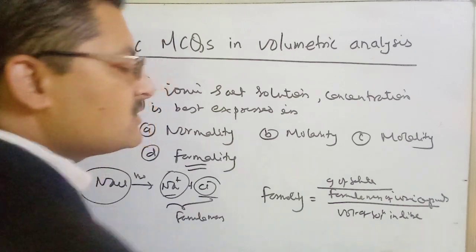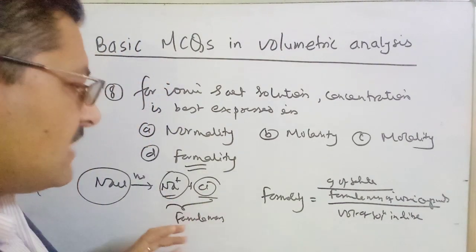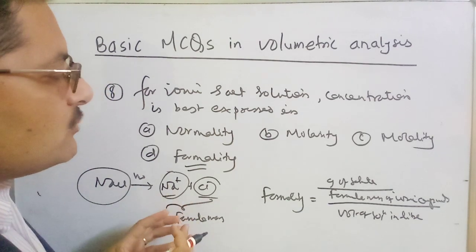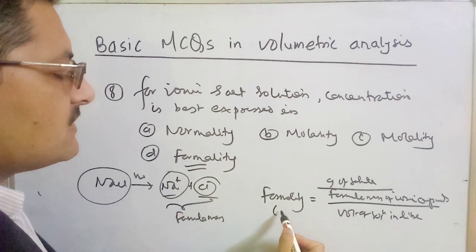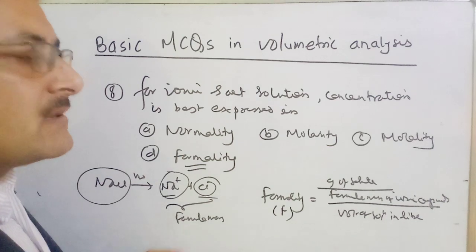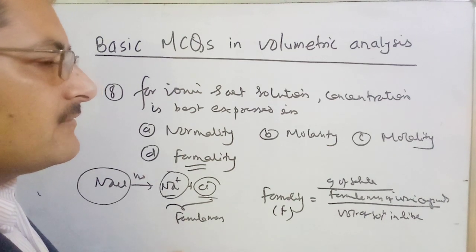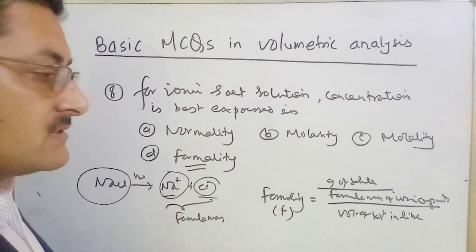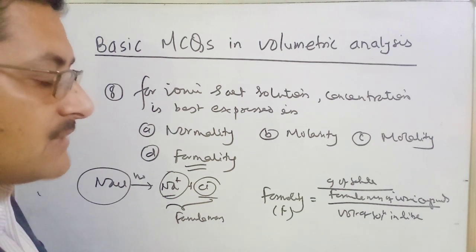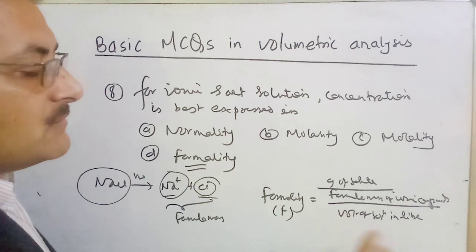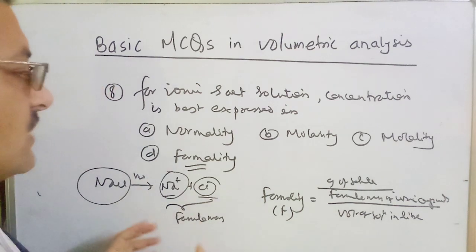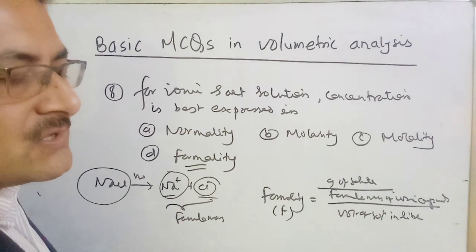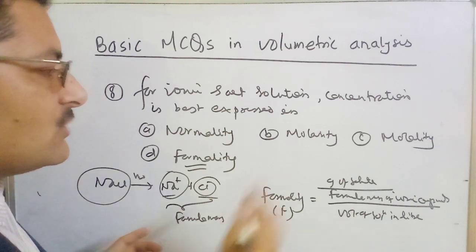If you are going to prepare a solution of ionic compounds, then it is better to express the concentration in terms of formality, because formality uses the formula mass of the ionic compound: grams of solute divided by formula mass, divided by the volume of solution in liters. So there is no existence of a molecule, and there is no concern about molecular mass,